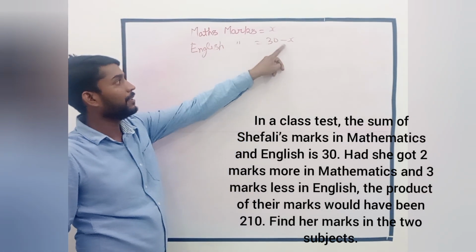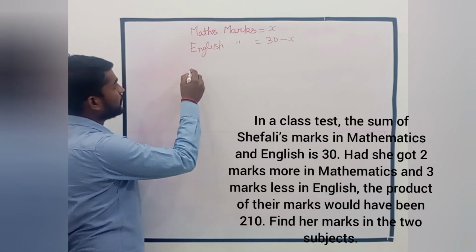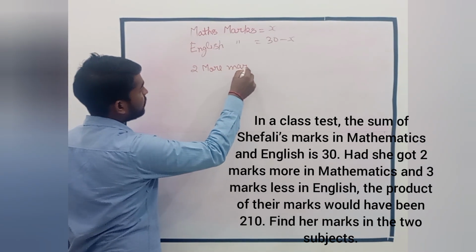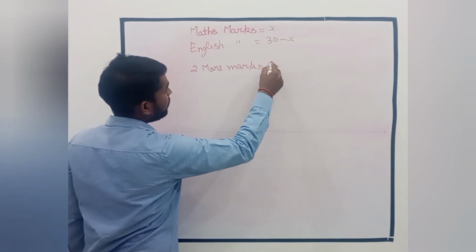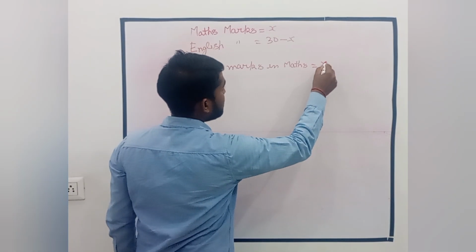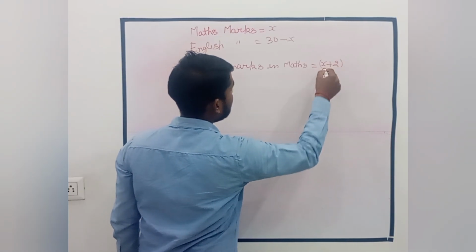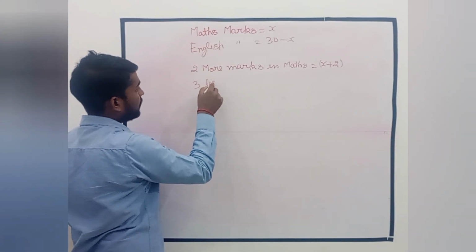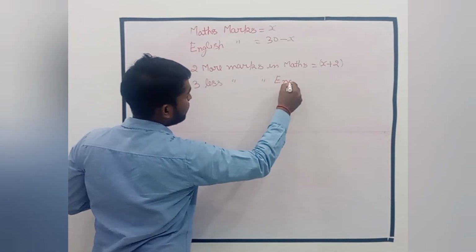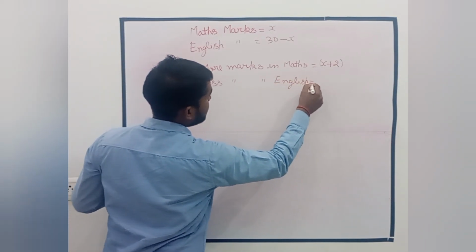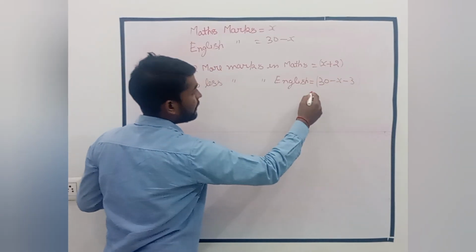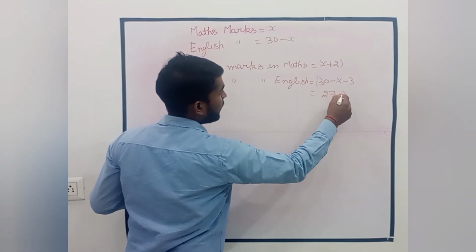First we assume x, and they are asking 2 more marks in maths, that means x plus 2, and they are asking 3 less marks in English, 30 minus x minus 3, and that will become 27 minus x,